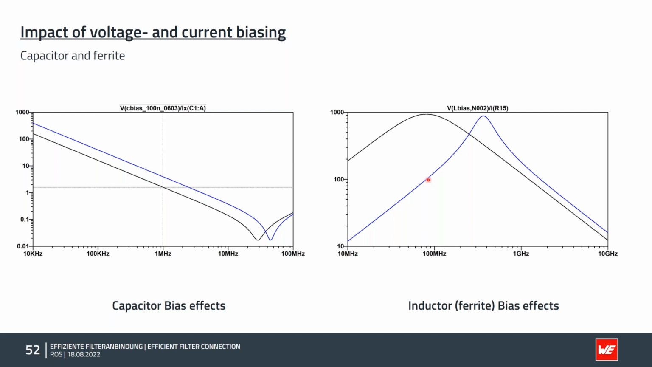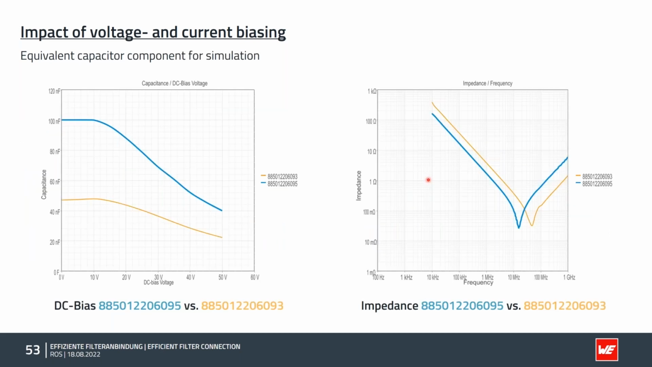And both effects are combined in the pi filter or in the LC filter. I will show you a little bit later what possibilities